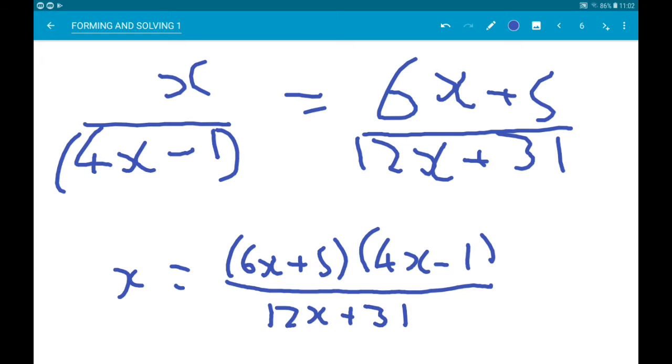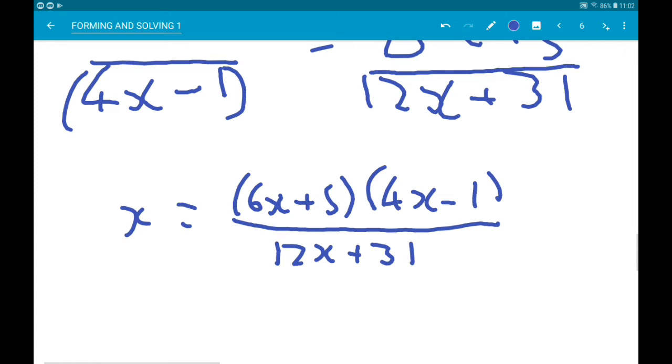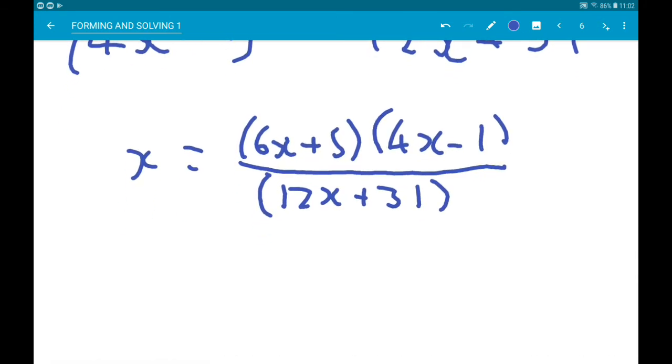Now I'm going to multiply through by 12x add 31. So, now I'm going to expand this as well. So we're going to get x times 12x add 31. So we're going to get 12x squared add 31x